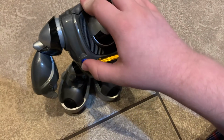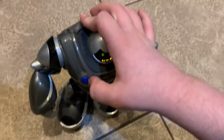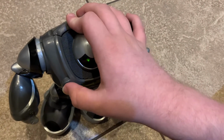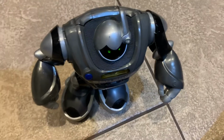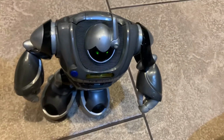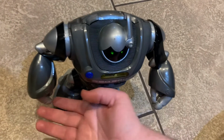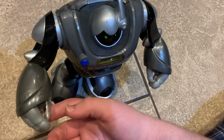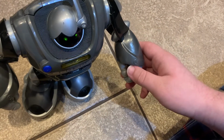Now, if you want to access the other features, you can press the coin return button again, and now you have a whole new list of things you can do. The right one 3 times will go to the game mode. The left one 3 times will make him do his...